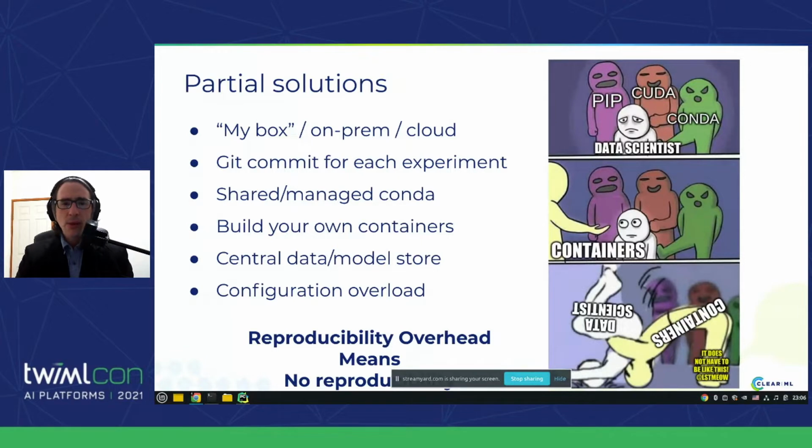Maybe you have a huge conda environment that everybody is sharing, so that you won't have any package missing when you're running an experiment, and maybe you're forced to build your own containers manually every time you want to ship something, and maybe you have a central data model store that you probably forget to sync with, and overall you'll have a configuration overload because of all of the bits and pieces that you need to do in order to get it working. And that means that you have a high reproducibility overhead, and that means you have no reproducibility.